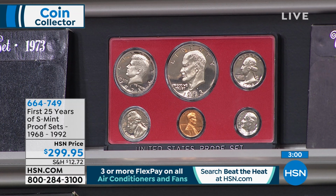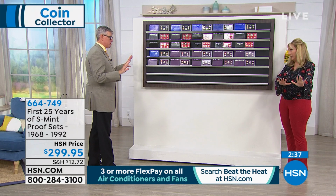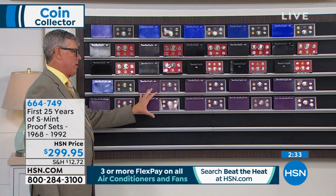I mean, think about that. For under $300, 125 collectible coins. Is that right? Yeah, 5 coins times 25, that's 125 coins. No, that's more than that. 125, 6, 7, 8, 9, 10, 11, 12, 13, 14, 134 coins. 134 coins for $299 in the original government packaging. These coins were never meant to be circulated. You have to understand, in uncirculated condition, they're worth more coin by coin than